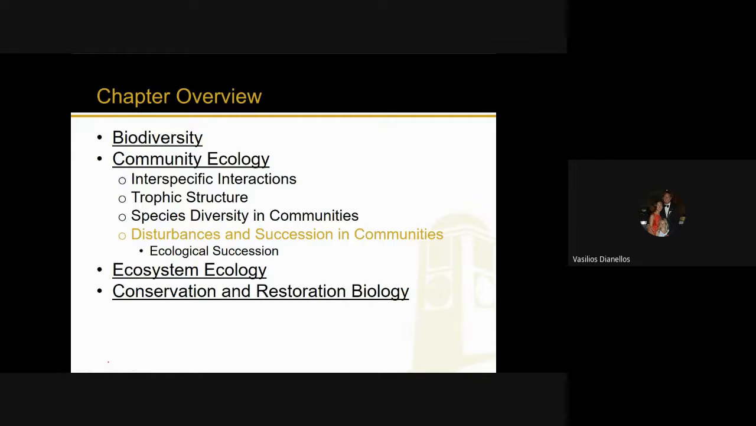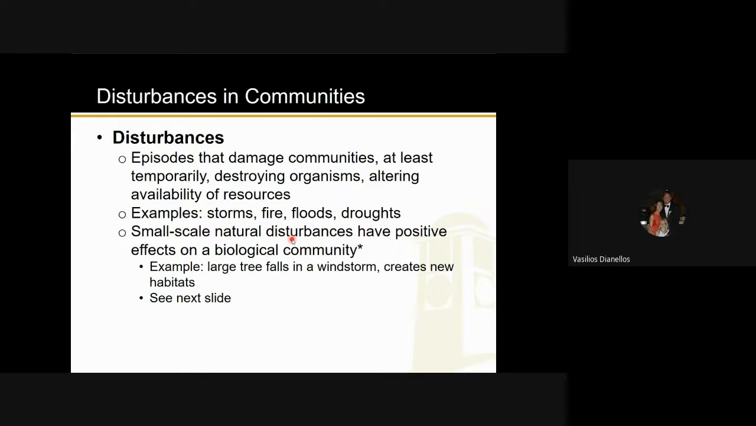Now we're going to move on to a completely different topic. I mean, we're still looking at community ecology, but we're going to look at something called disturbances and succession. First thing you would need to know if this was going to be on the exam is what a disturbance is. And a disturbance is an episode that damages communities, at least temporarily, destroying organisms and altering the availability of